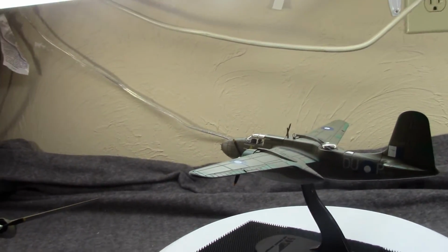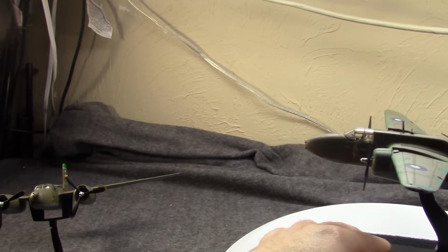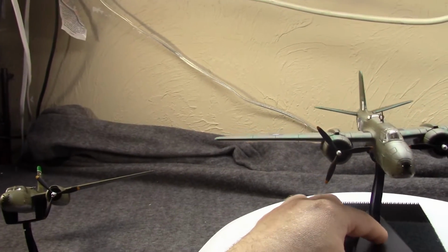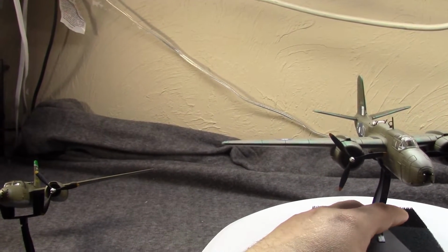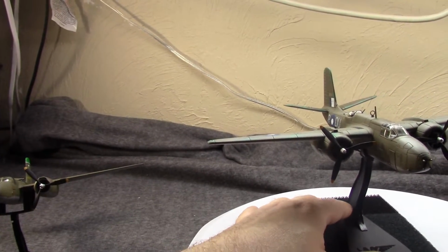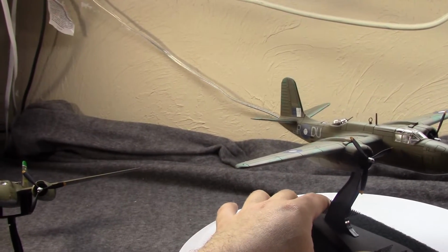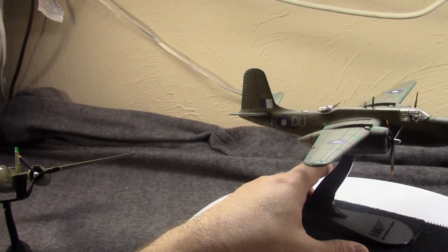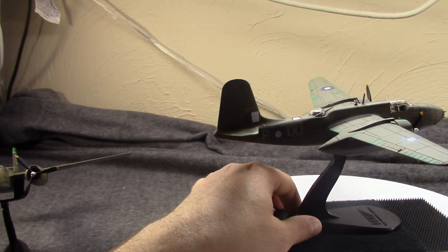So the Havoc's tenure in Europe would be cut short in 1944, and most would be replaced for the last half year of the war there. But of course, Russia would continue to fly these, and they would do lots of modifications and so on and so forth. Production would end in 1944 with, as I said, a little under 7,500 produced. Most would be turned out by Douglas, but Boeing would actually produce a few up in Seattle as well, I think 300 or 400. It was a very popular plane,